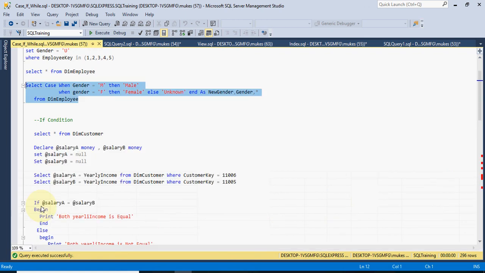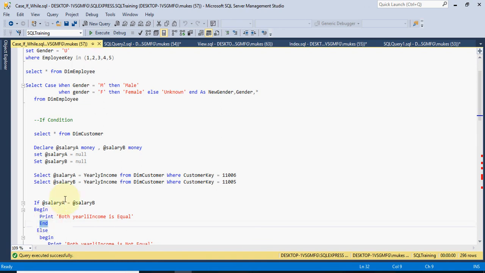The difference between IF and CASE statements, right? When we have any condition, we can use either IF or CASE as a conditional statement, but in the IF condition we can use BEGIN and END.